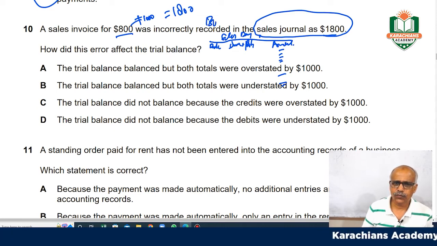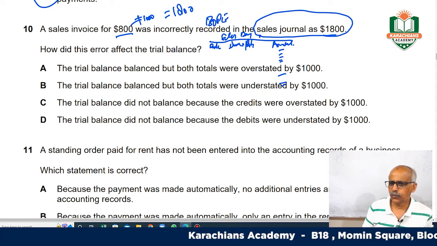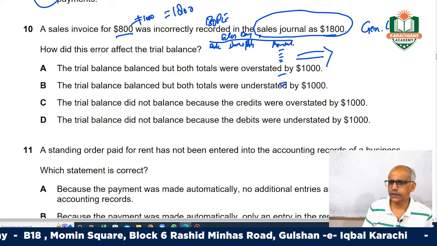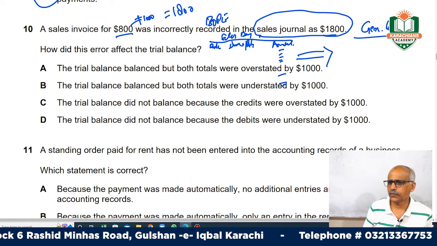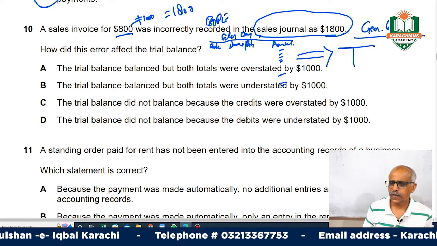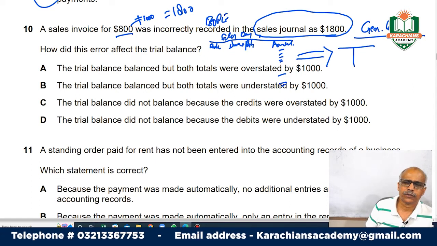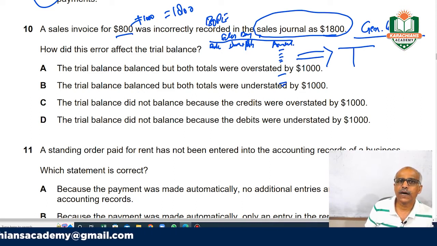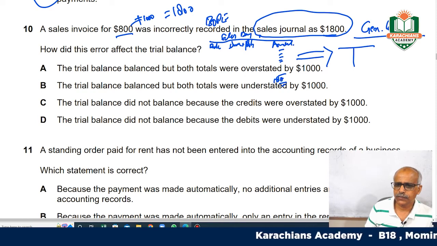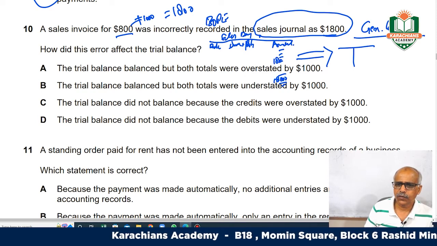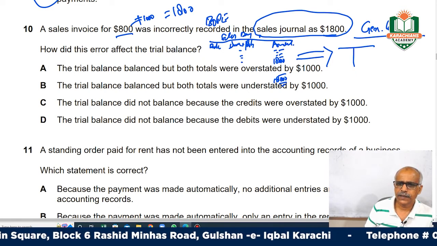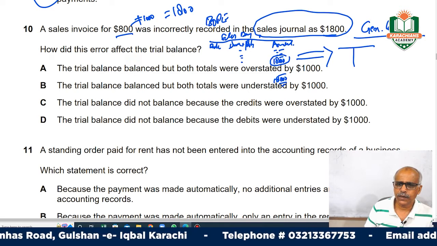This is the book of prime entry, and from the book of prime entry, entries all go to the general ledger. In the general ledger we maintain all the accounts: assets, expenses, revenues, liabilities. As I already explained, if the total is 18,000, here 1800 is also appearing and other amounts are also appearing, right? So you have wrongly put 1800 here,